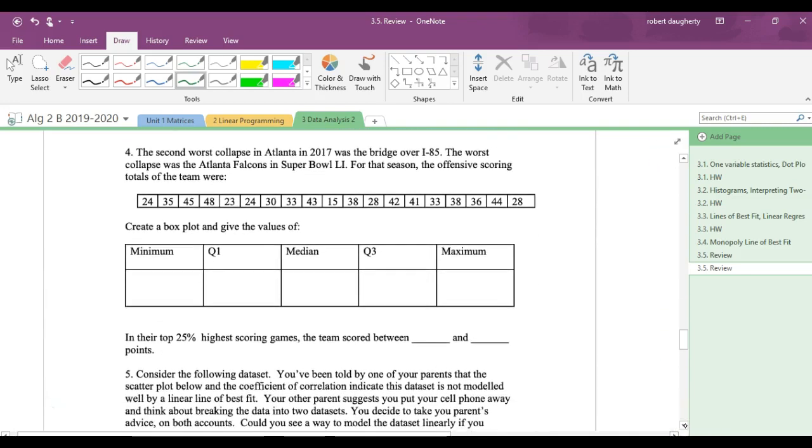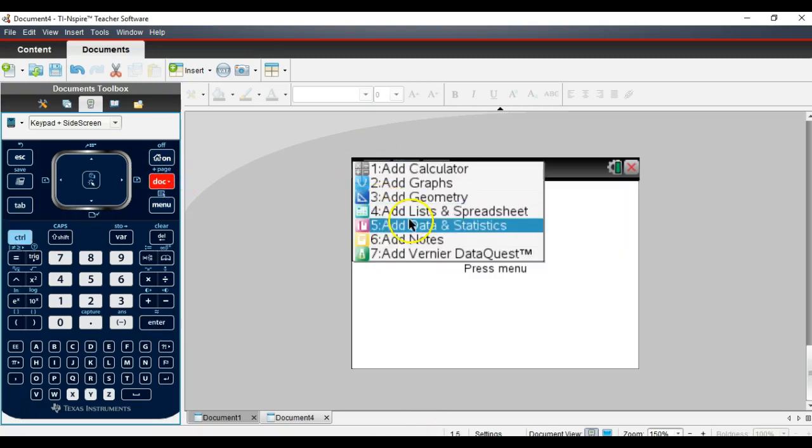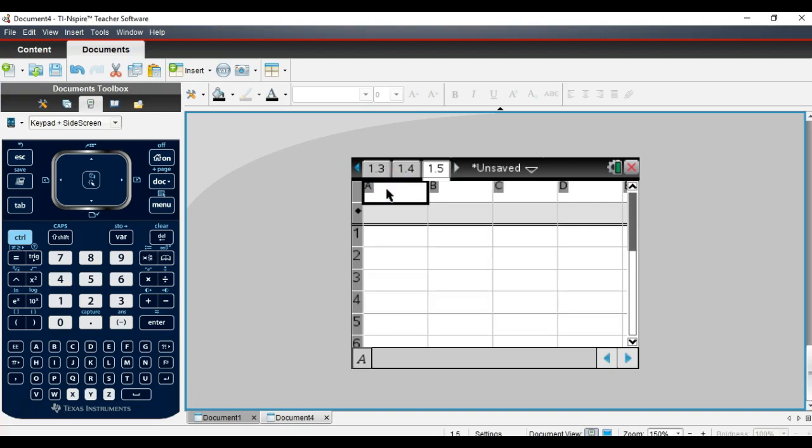Now, another example here. The second worst collapse in Atlanta in 2017 was the bridge over I-85. The worst collapse was the Atlanta Falcons in Super Bowl LI. For that season, the offensive scoring of the team were these totals. Okay, so they're going to ask me something about that, so I need to enter that in the calculator. So I'll just go to my calculator, and I can just create a new one. So let's just say Control. We have list and spreadsheet, and I'm going to put the scores of the Falcons in here. And so the scores of the Falcons are